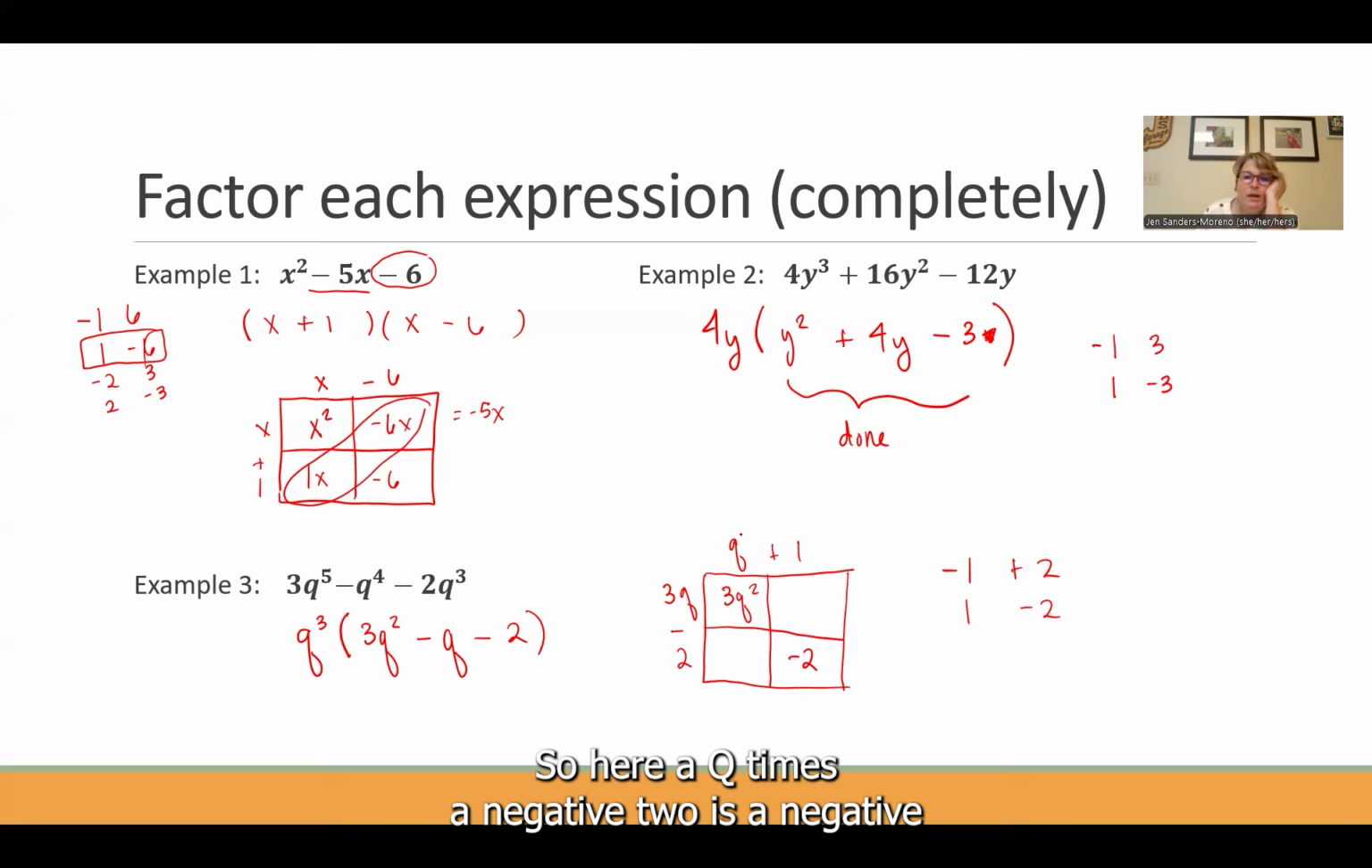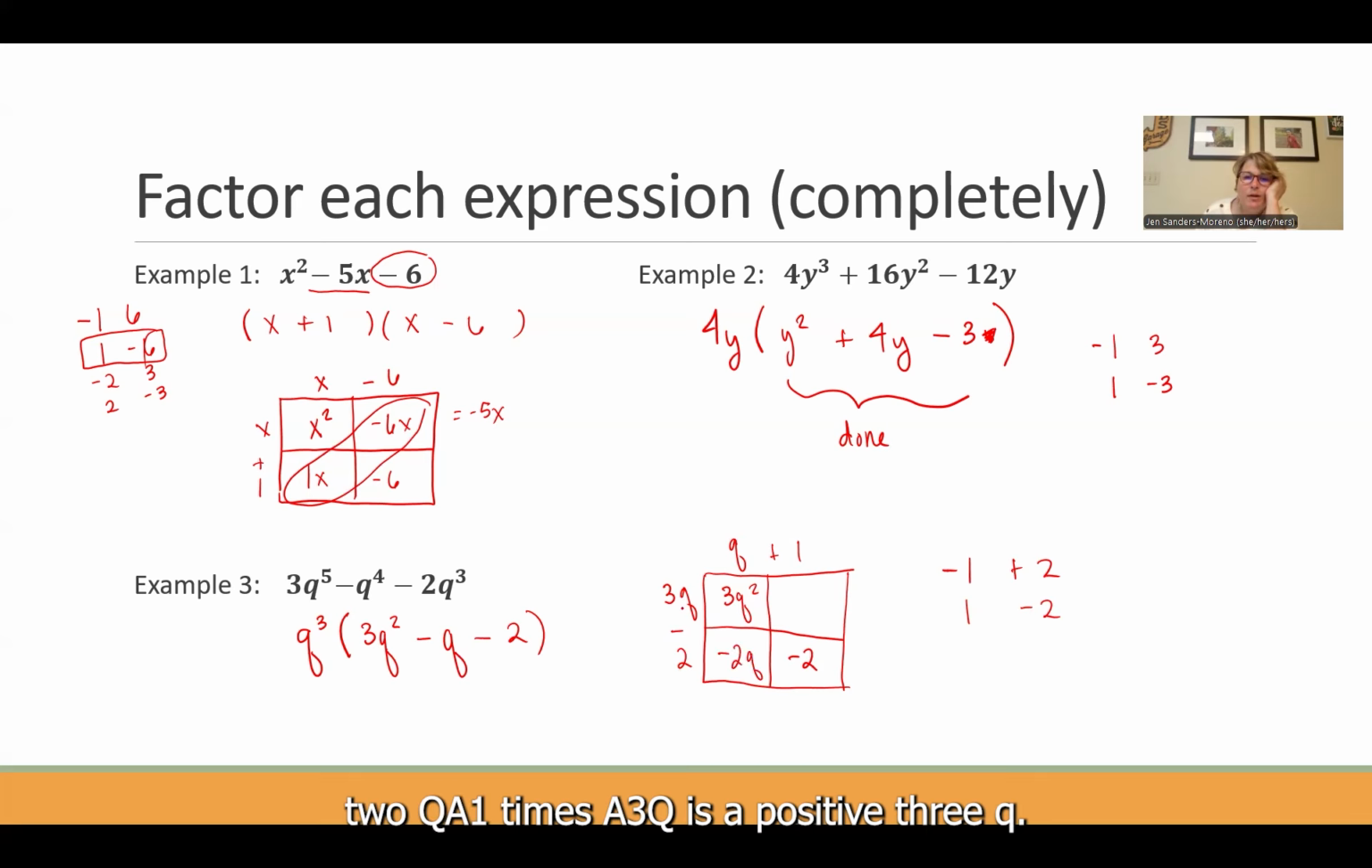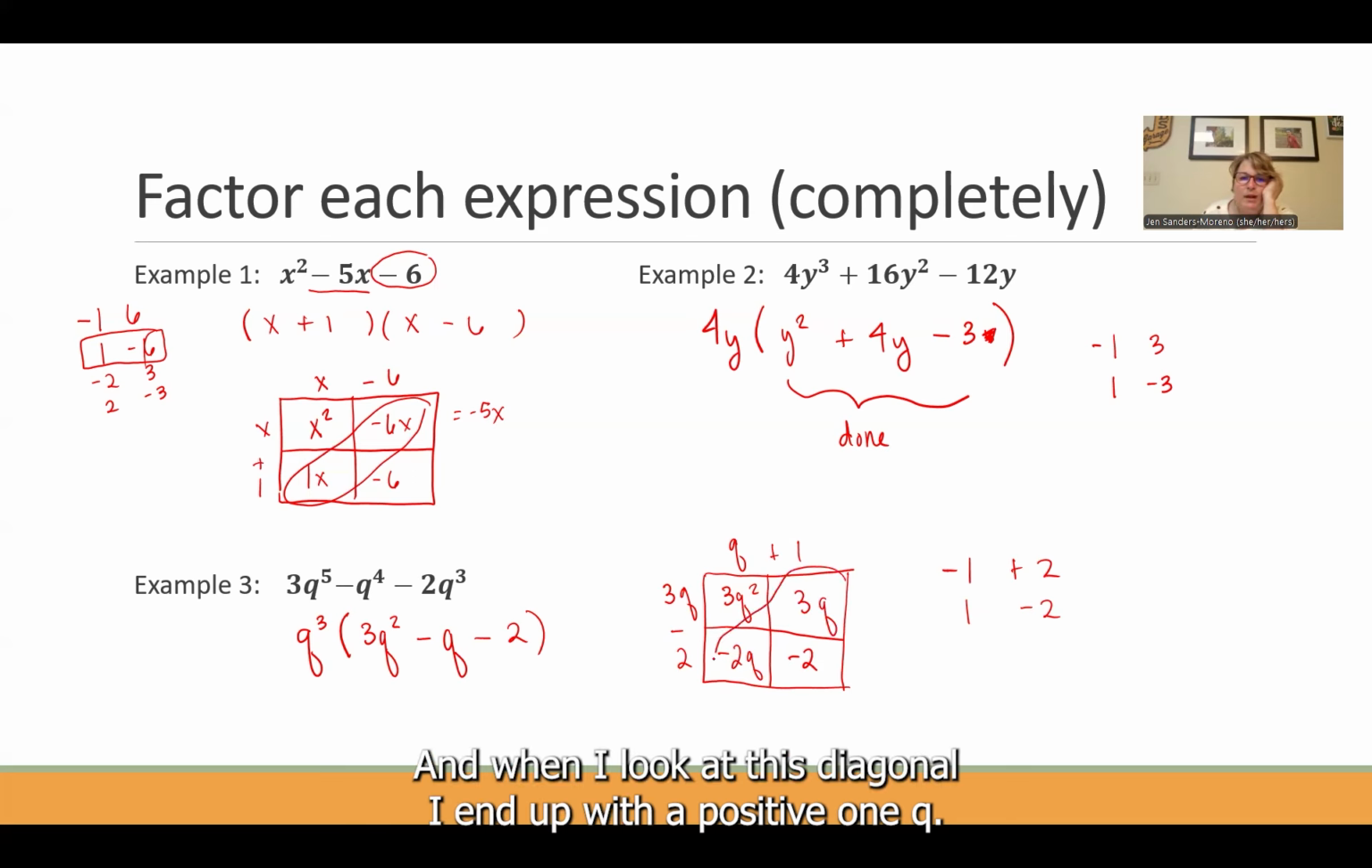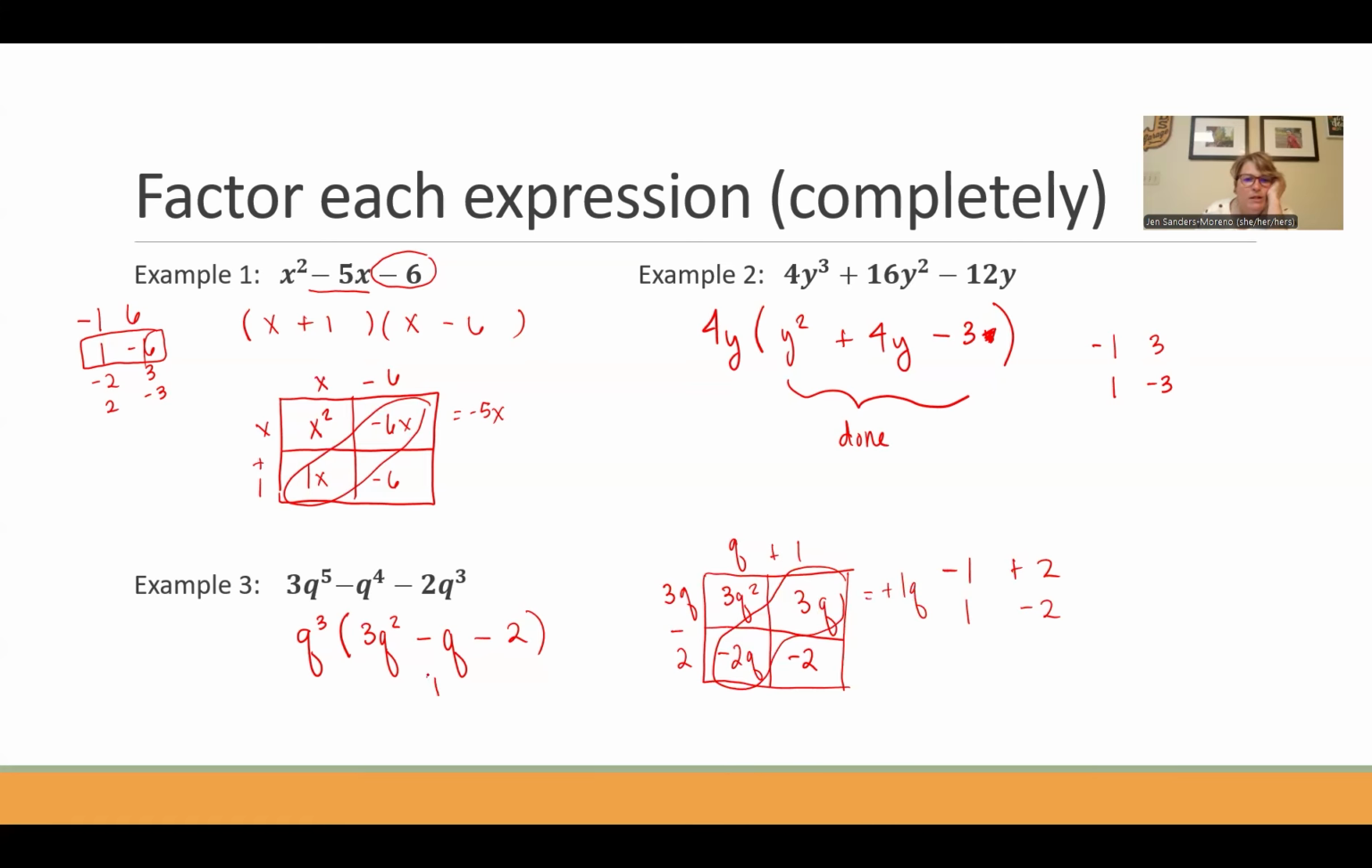Okay, so here a q times a -2 is a -2q. A 1 times a 3q is a positive 3q. And when I look at this diagonal, I end up with a positive 1q. What did I want? A negative. Okay, so if you're off by a sign, when you go to guess, we're just going to flip the sign. So here, this would become a negative, and this would become a positive, and then we're going to check